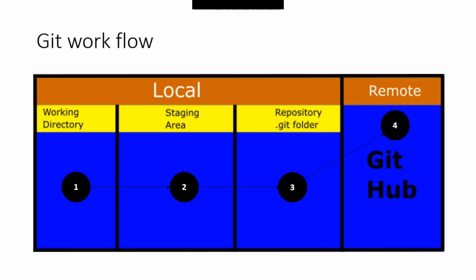And then I have told that if you ever wanted to push changes from your working directory to the staging area, you have to perform an action called add, and then from staging area to the local repository you have to commit, and finally from the local repository you will push it to the remote repository. So let's look at it by